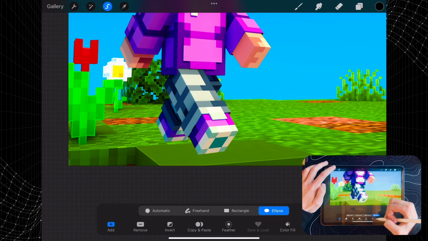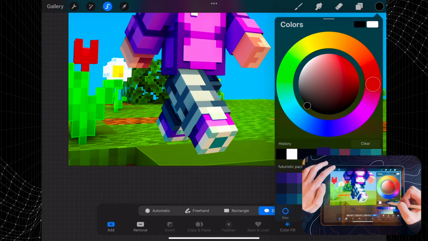Next, add a shadow to your player by creating a black oval and reducing the transparency.